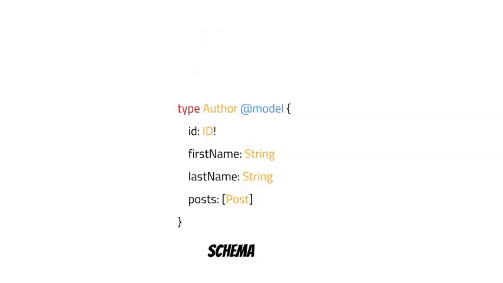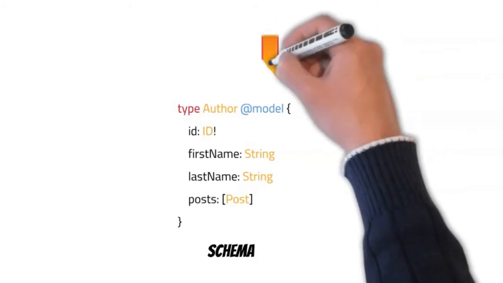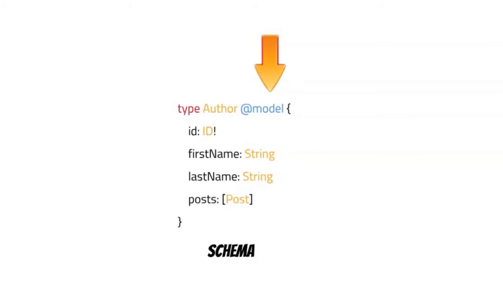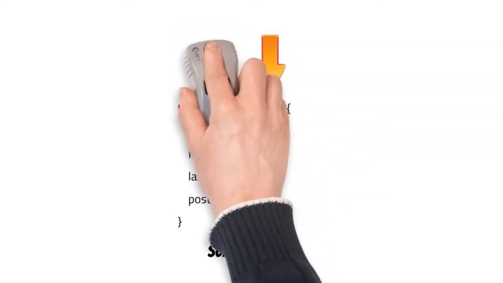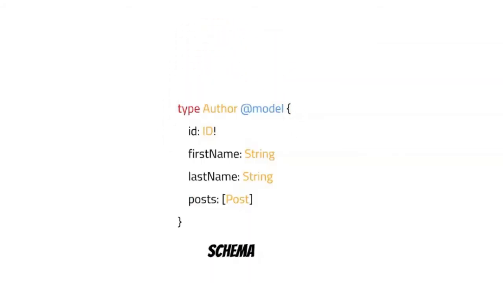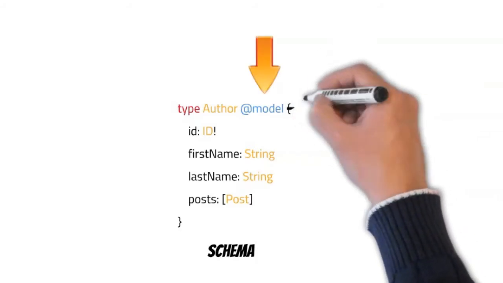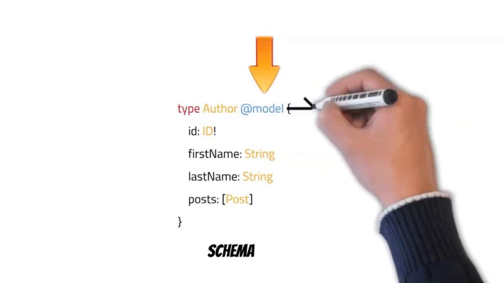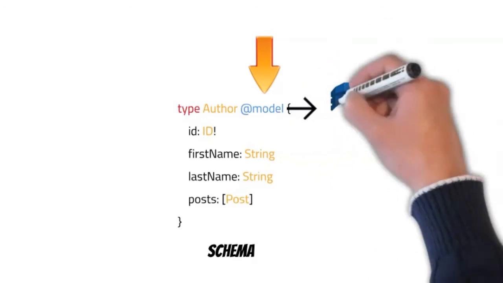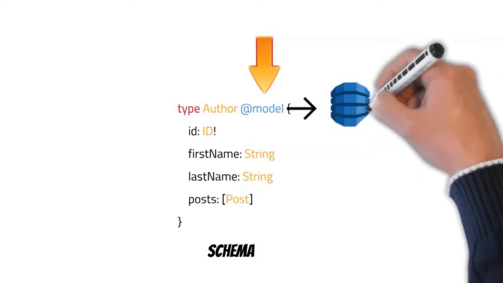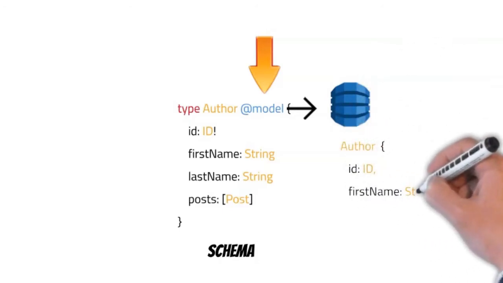back. As you can see here, the @model that you add here is specific, it's only for Amplify, in this case AppSync and Amplify. When you add this @model, it will create a specific table for the model. So the model directive here is to transform this type into a table inside DynamoDB and create it automatically